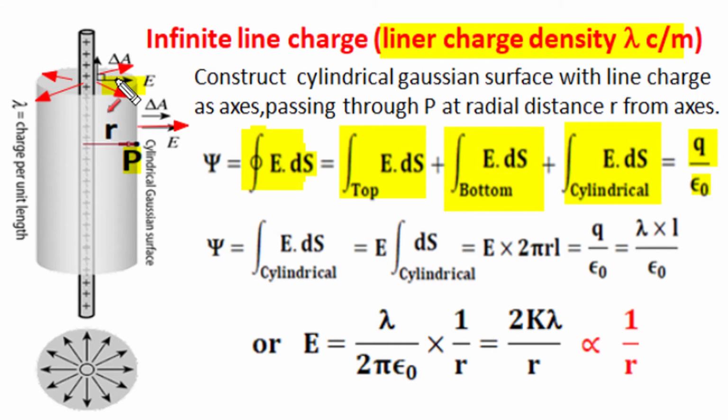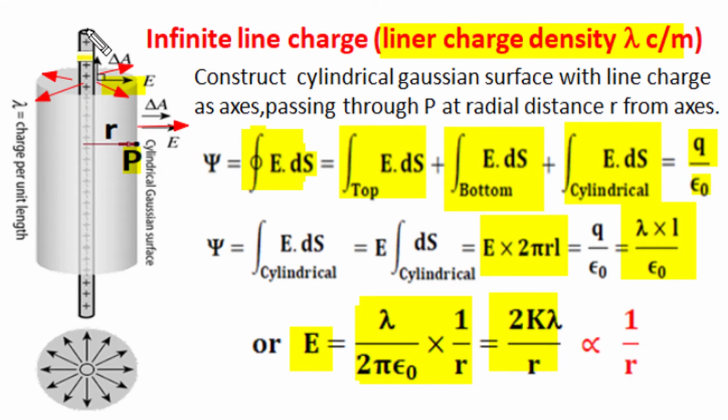and the length of the Gaussian cylinder is small l, then the total enclosed charge is lambda l. If we simplify this relation, the small l at both numerator and denominator will cancel out, and the 2 pi r will come to the denominator side in the other part, then the electric field will become lambda upon 2 pi epsilon r. We can remember this formula, or for numeric calculation we can multiply and divide by 2 at numerator and denominator, and 1 upon 4 pi epsilon becomes k, or 9 into 10 power 9, and this relation becomes 2k